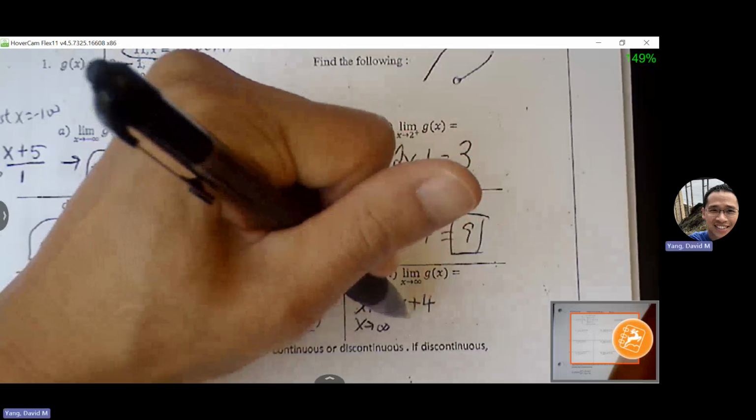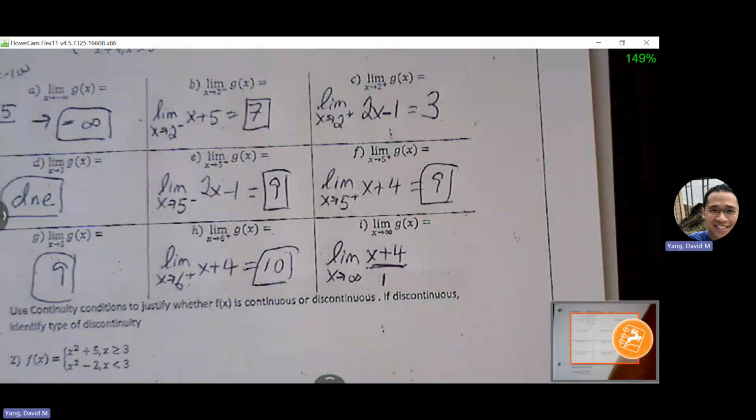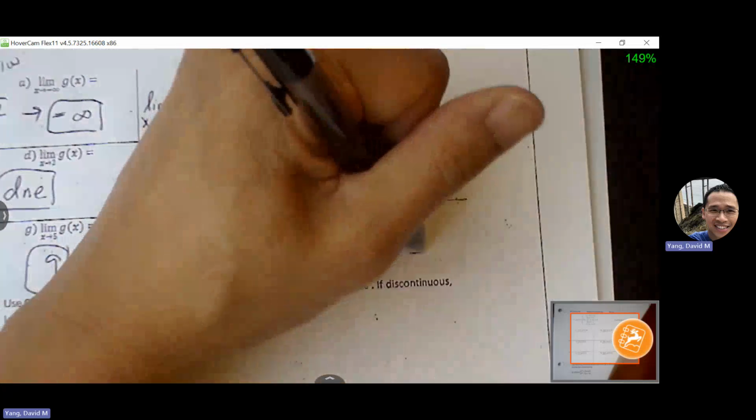We compare degrees. There's no degree below. I can force a 1 below. Degree 1 above, degree 0 below. Numerator has higher degree. We know this is either going to positive or negative infinity. So if I plug in 100, numerator is positive, denominator is still positive. So